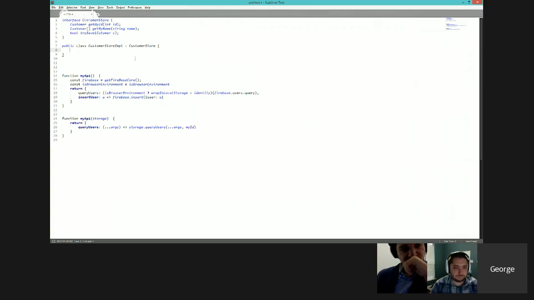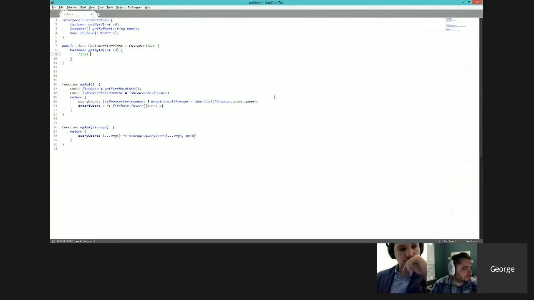And if you're doing all of this with SQL, well, your customer get by ID, all your SQL code would go in there, and it's isolated and not spread out throughout the application, which in itself is a totally good idea. Having classes like that.